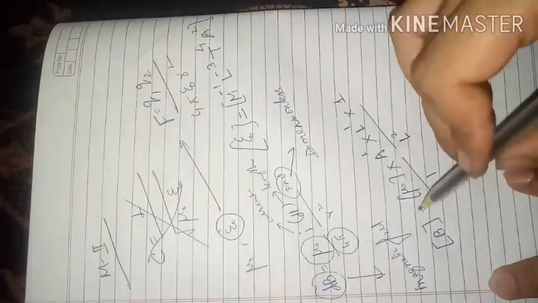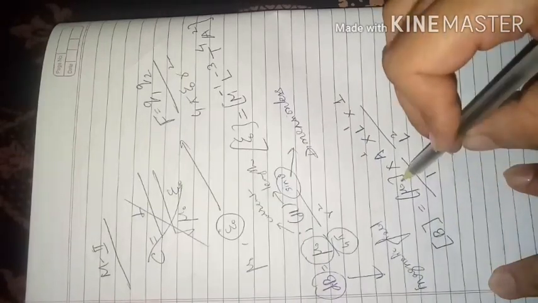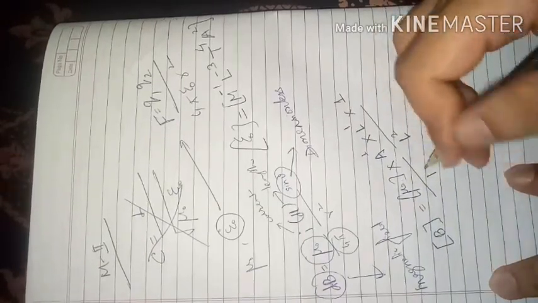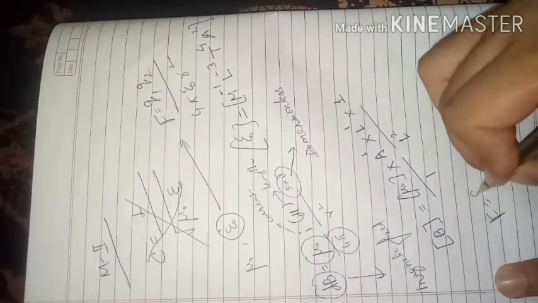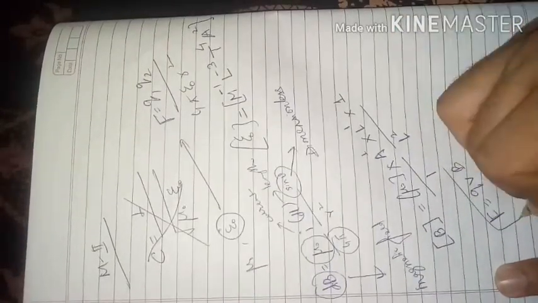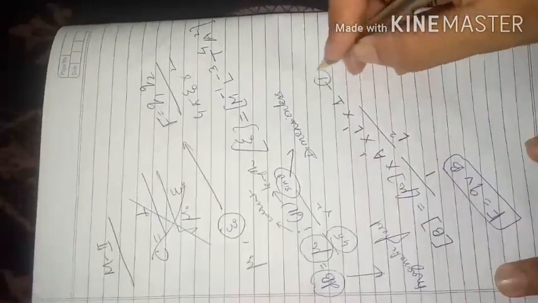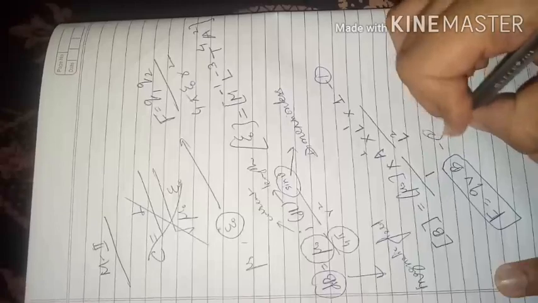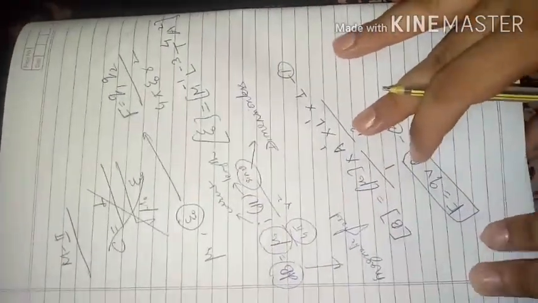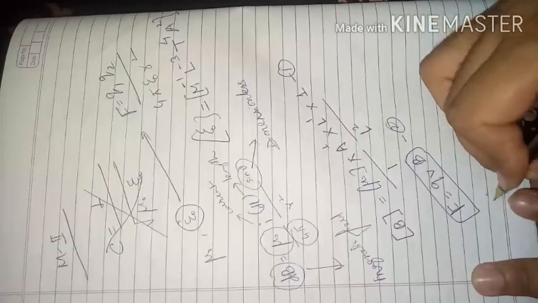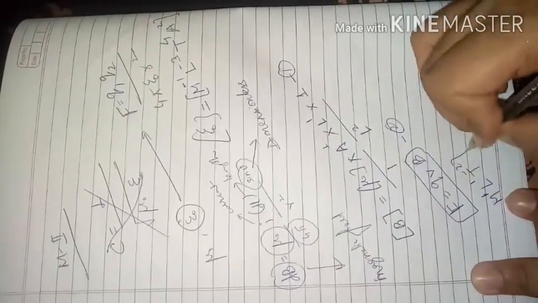But in this there are two unknowns, one is B, one is mu naught, so we'll also have to find B. So we'll have to use one more equation, that is force is equal to QVB. We'll use this to find B and put it here. Let this be equation number 1, let this be 2. So let us solve equation number 2. In equation number 2, force we already know, so that is m raised to 1, L raised to 1, T raised to minus 2.